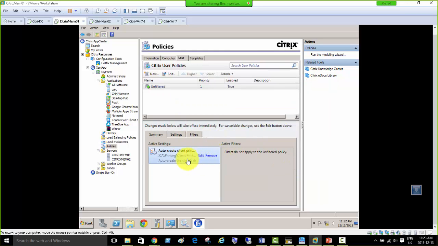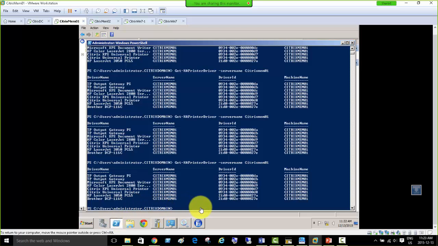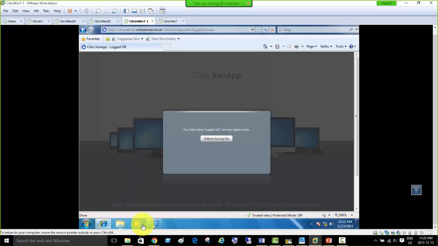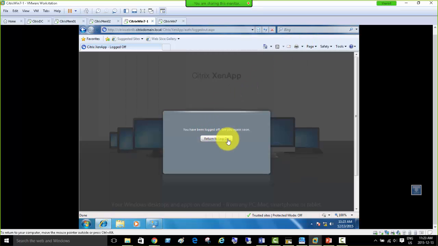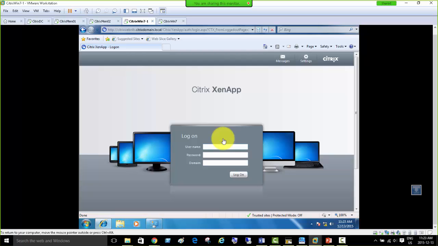Yes, so it should be showing that default printer. Do I have a default printer there? Yeah. Okay, if I put the brother as a default printer, set default printer. Okay, so now if I go for user 03, which is another client, and the policy says only show the default printer,